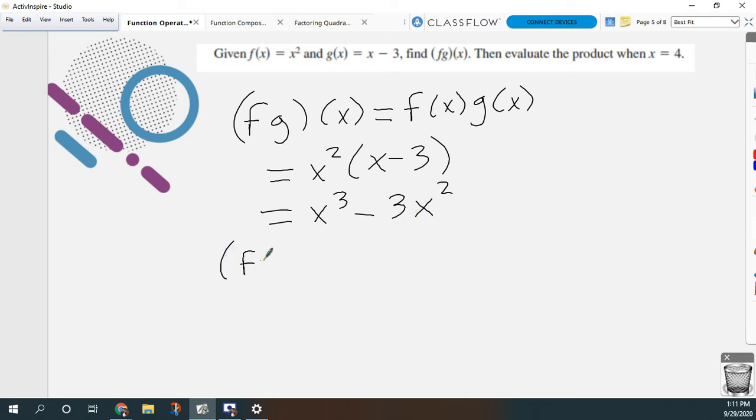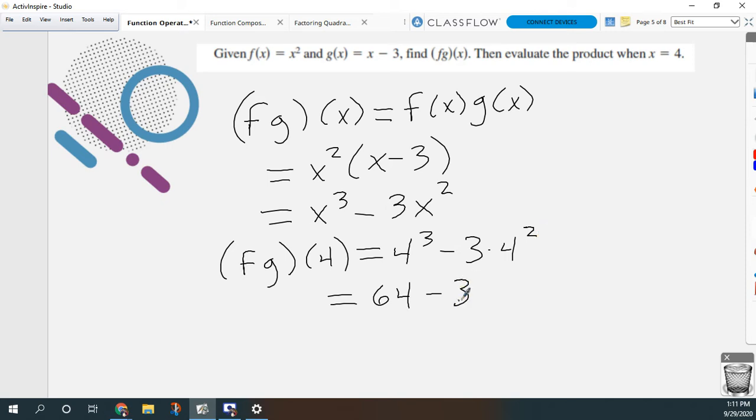And like our previous example, they now want us to evaluate at 4. And again, we could do this two different ways. We could plug into f, plug into g, and then multiply them together. Or since we've already found what f times g is, we can just plug 4 into that. So we get 64 minus 3 times 8, which gives us 64